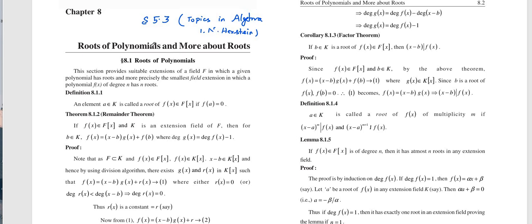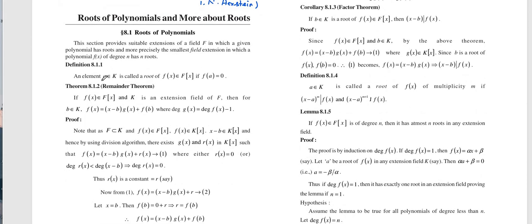In this video, we will have section 5.3 from Topics in Algebra by M.Sc. Mathematics, namely roots of polynomials. In this section, we will have this definition, the remainder theorem, and this lemma. Only these two that we are going to have in this video. Now, actually, the section is mainly about the